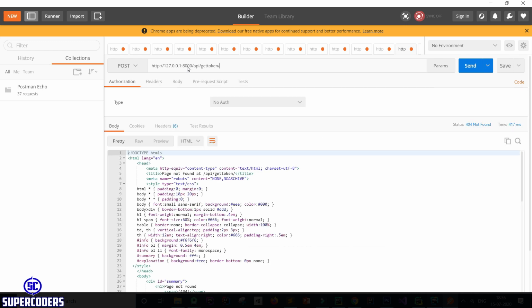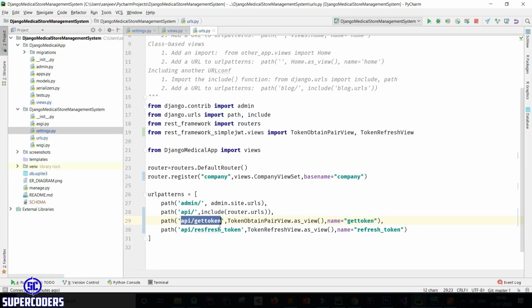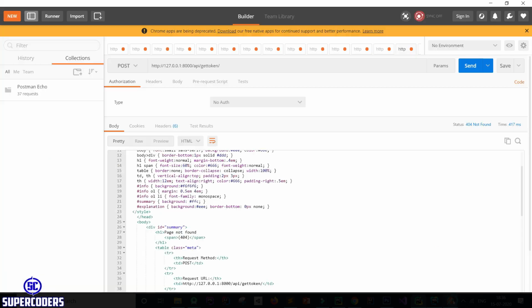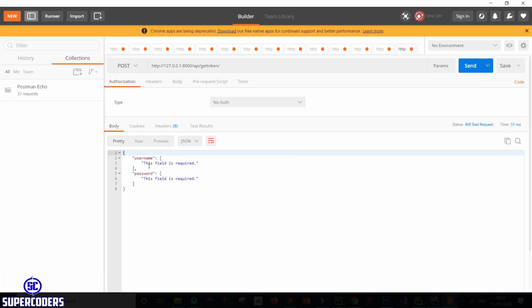Now let's call this. So it shows an error, because, okay, add a slash here. Now let's call this again. So it shows username required, password required.